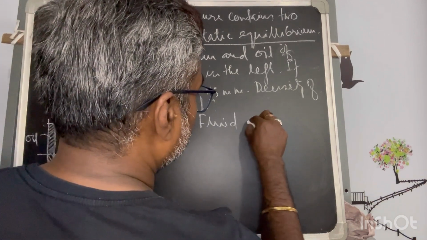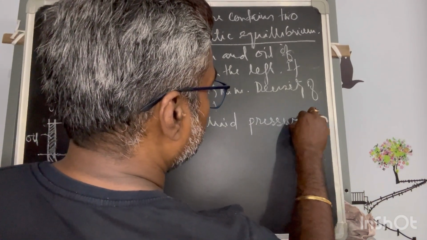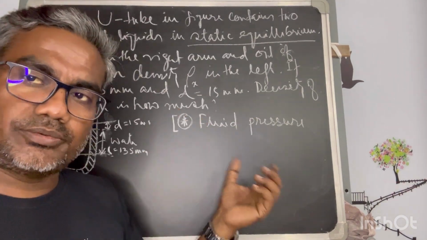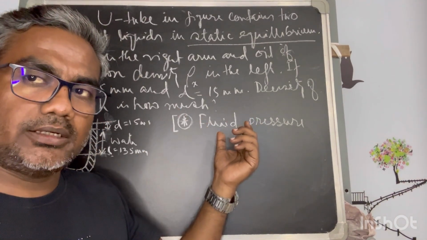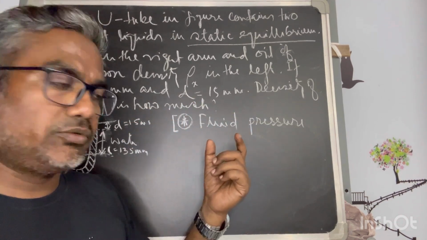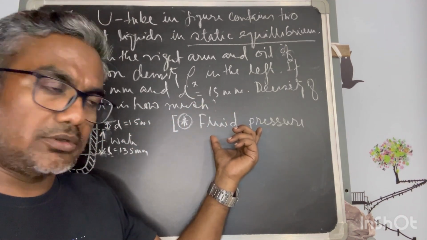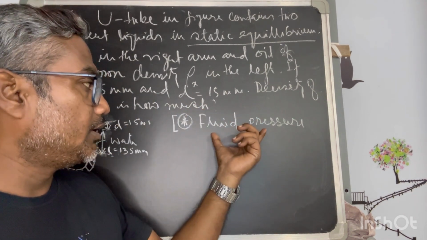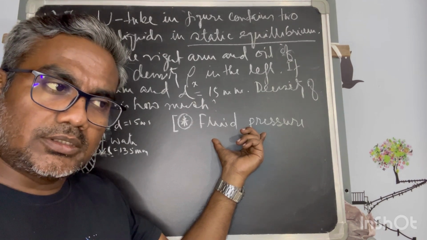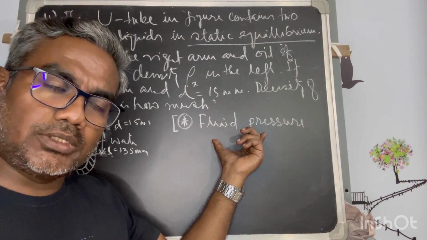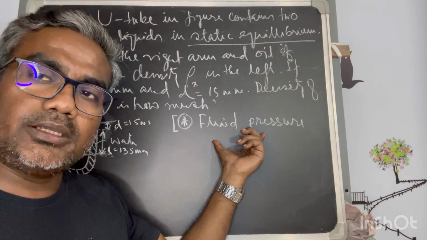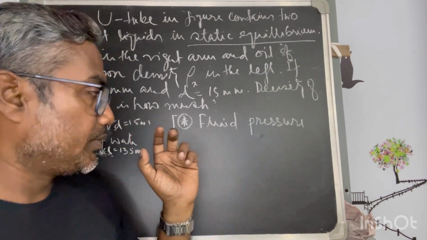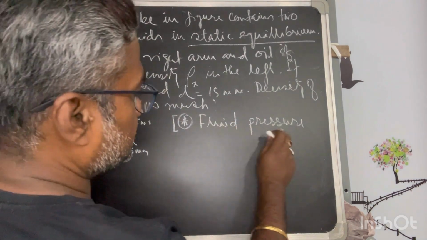The fluid pressure, this is to be very much understood, and you always have to keep it in mind, so that every problem you can treat on the basis of this concept. This concept is very much universal and unique, and if you follow this, I can guarantee you will not make any mistake anywhere in the exam. What is that? The fluid pressure